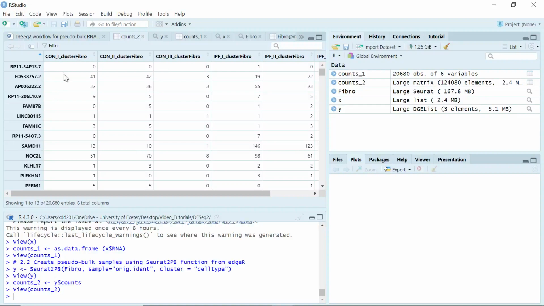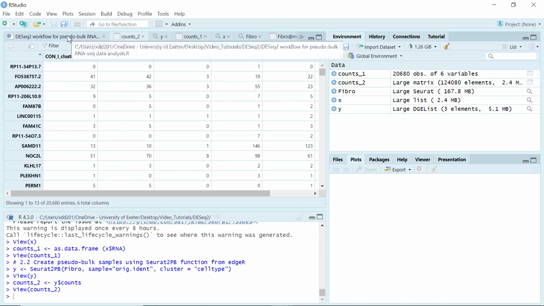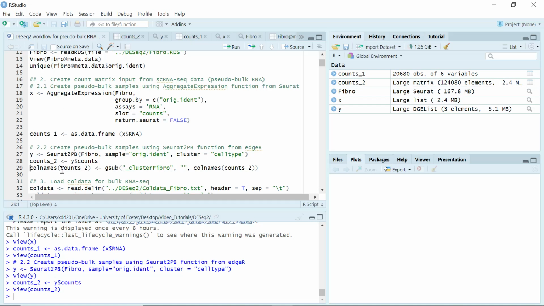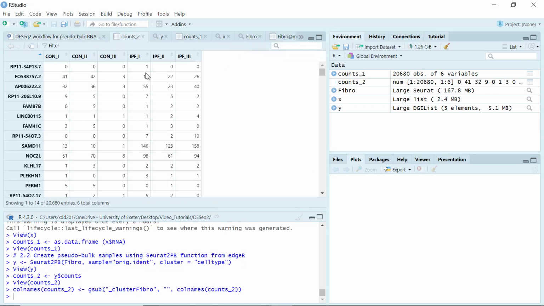So we don't need the class information in the column names because the column names are different from our column data. So let's change the column names for the count2. We want to remove the class information. Use the DESeq function. Let's run. You can see now we only have the control 1, control 2, control 3, IPF1, IPF2, and IPF3 as the